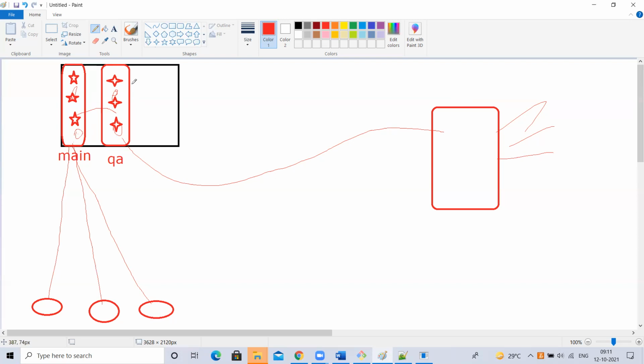Branch is nothing but one set of code, meaning the same files we are maintaining as a different set, one more copy. Understood, guys? Yes, sir. But remember, both are not in sync. Once you create a QA branch, if you modify any file in main, it is not going to automatically reflect the changes here. If you want the latest changes from main to QA, you have to manually merge the changes from main to QA. Automatically, it will not get synced. Understood, guys?